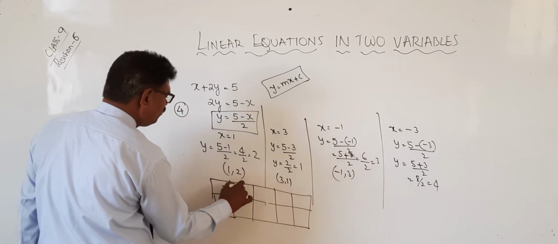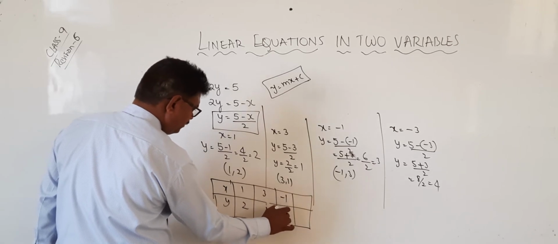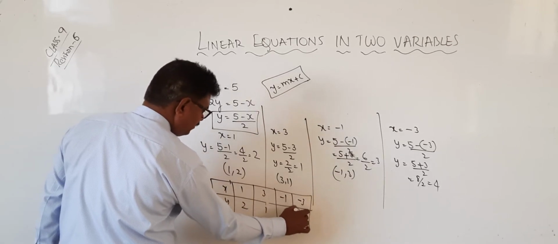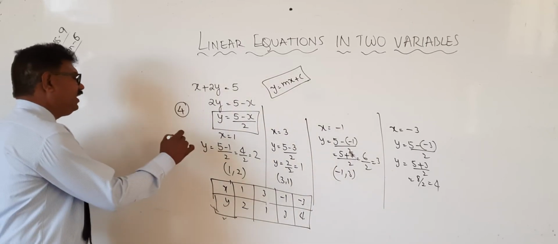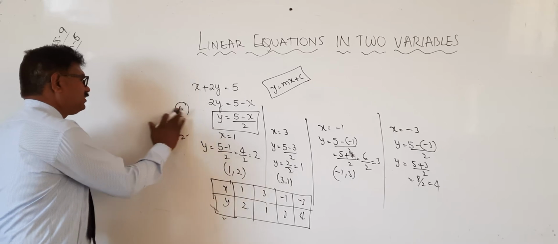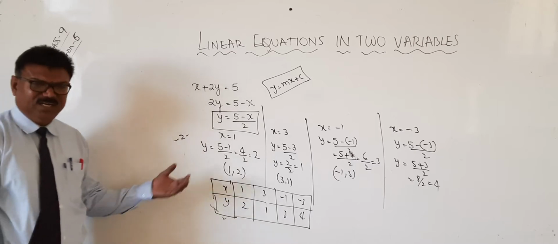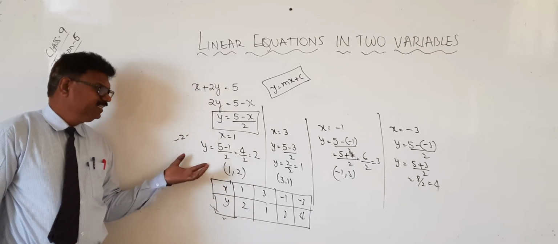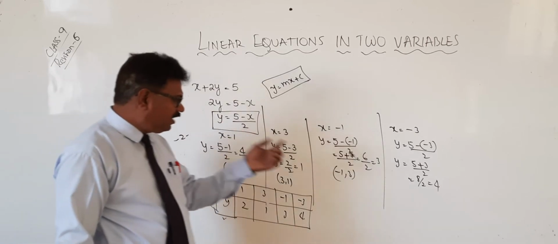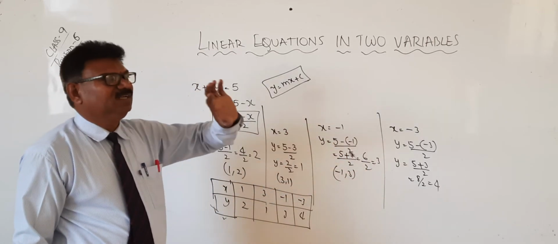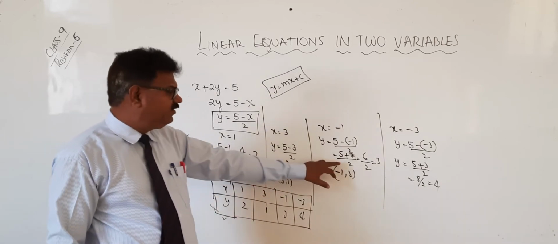X, y: 1, 2, 3, 1, minus 1, 3, minus 3. Like this, if you find 4 solutions, you will get 2 marks. Did you understand? Whatever the values may be, it is not compulsory that you should substitute like this only. By seeing the denominator, I substituted the numbers so that the numerator should be divisible by 2.